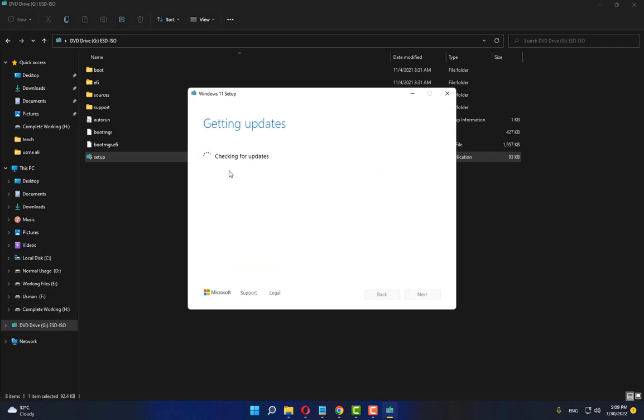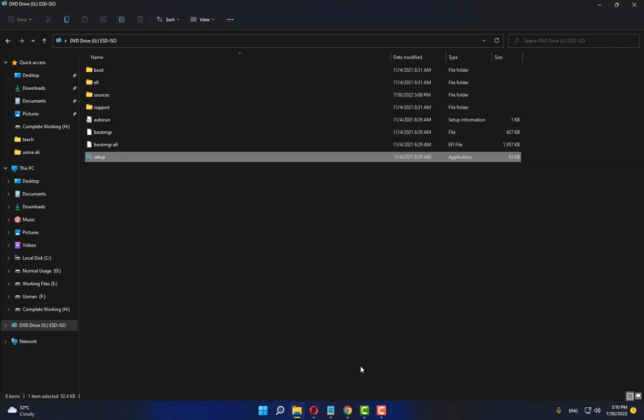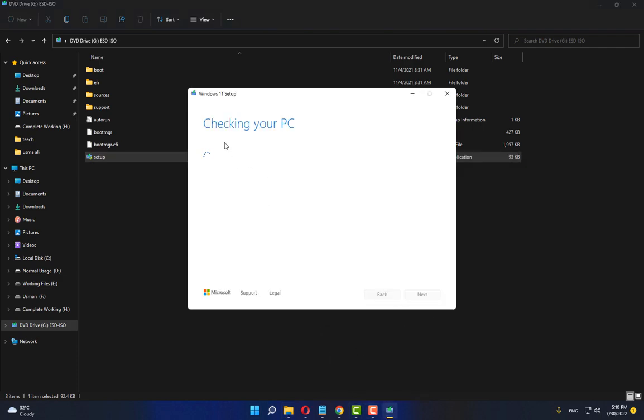Click on the Next button. Now after doing this step, restart your computer, and I am sure that after restarting,